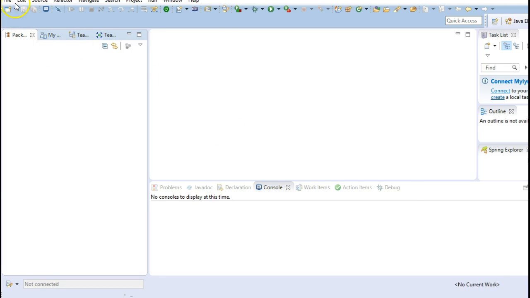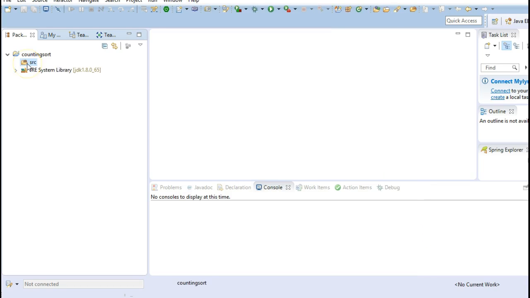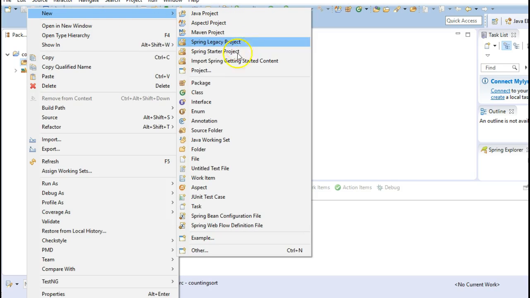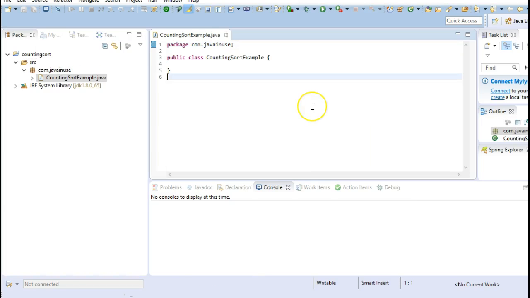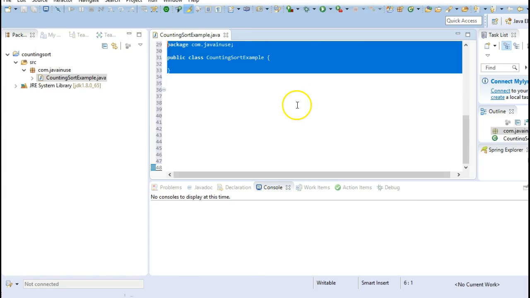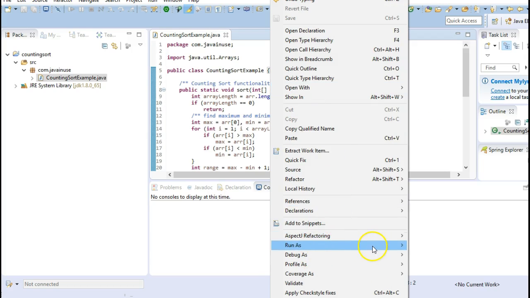Let's copy this and see. Let's run this example.